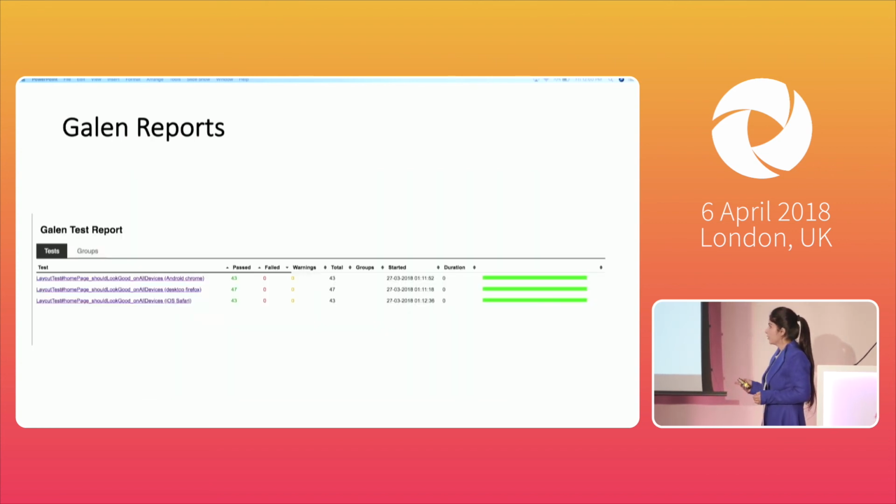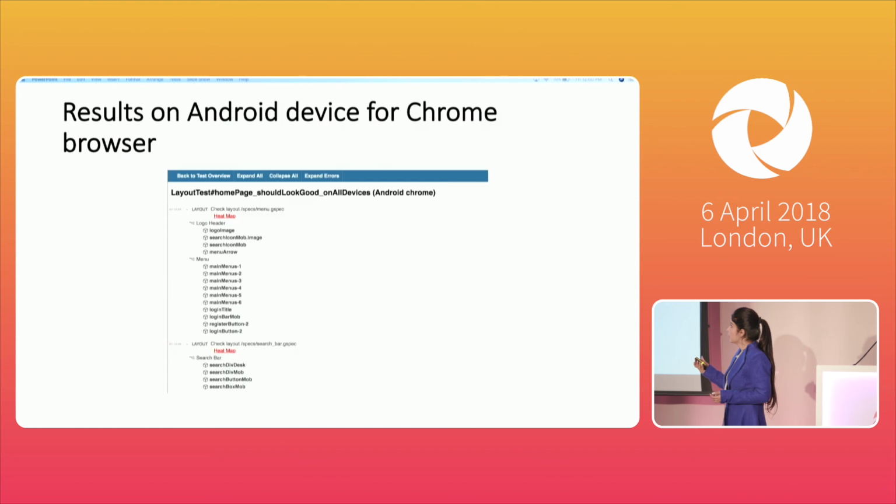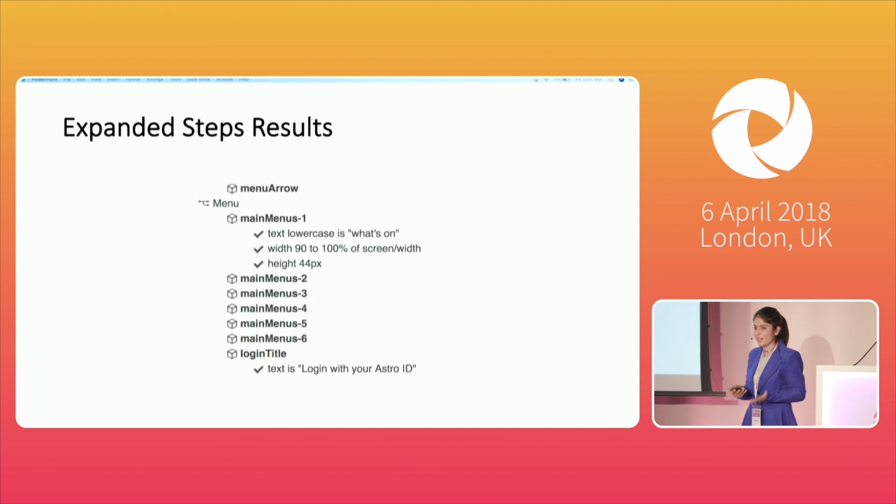Now, talking about the Galen reports. This is the Galen snapshot of the code that I ran on my local. I ran Galen on Android Chrome, desktop Firefox, and iOS Safari, so it gives me the reports for all 3 platforms. This is a tree view structure of the Galen reporting, and it gives me all the elements that I have validated. I can even expand them and see what exactly I have validated in that particular web page. It gives me a tick for the passed ones and a cross for the failed ones.